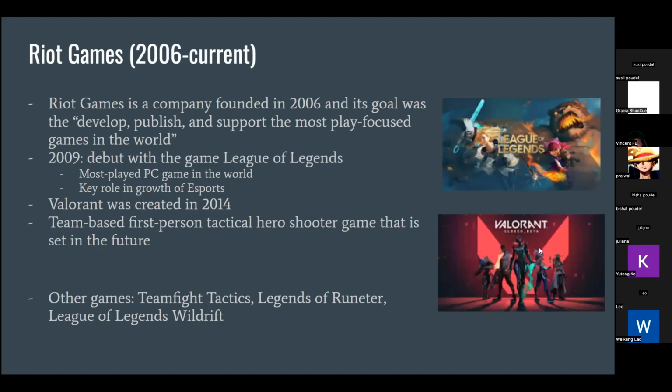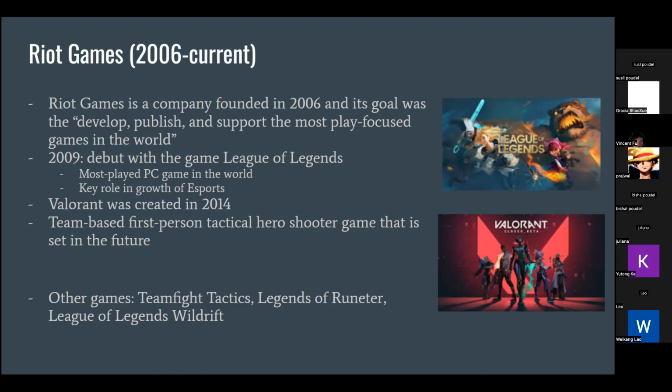So I'm going to talk about a specific company that's made a lot of games that have become really famous, well known, and well played. Riot Games was a company founded in 2006, and as you can probably see from the title, it's still currently going, and these are games that are still being played.